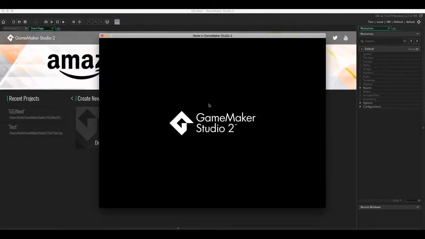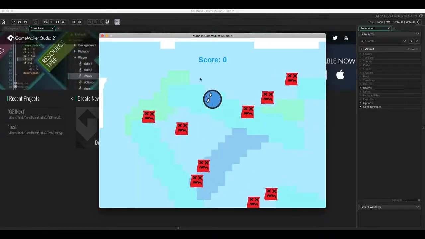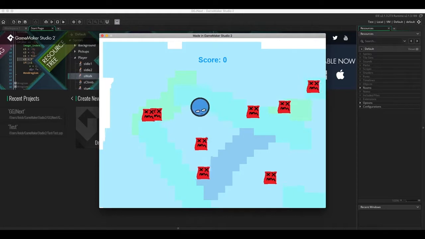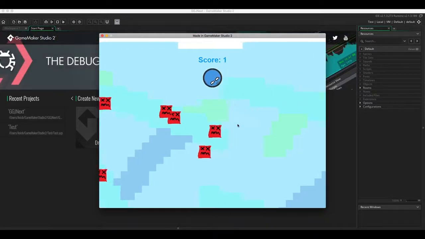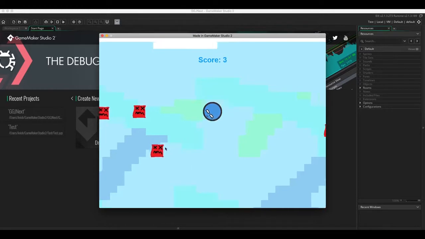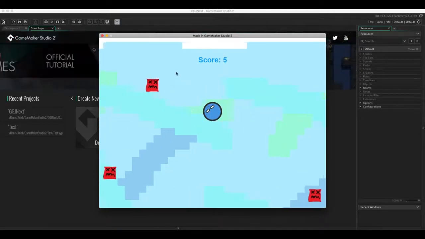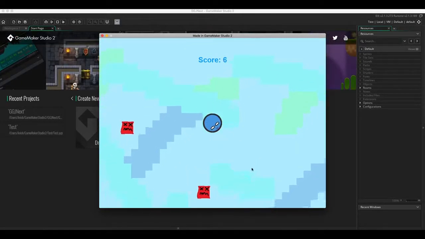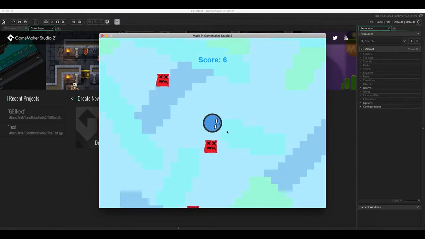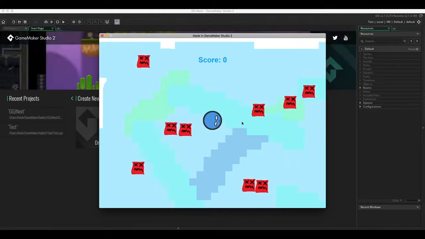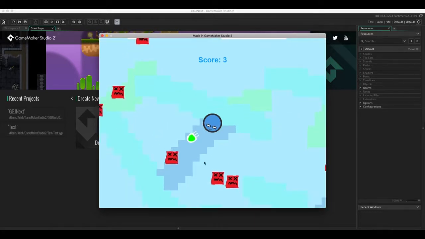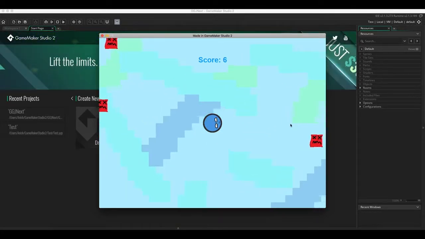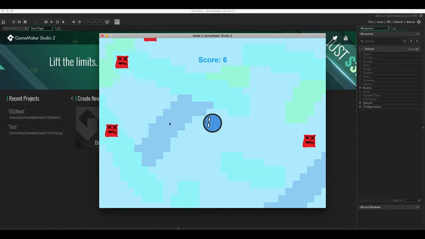And it is running. So this is a game that we'll be making where you control a player and you have to avoid these monsters and you can shoot them and you get points. So your score builds up, and if you accidentally hit one of these monsters, the game restarts. So to build this game, we're going to learn how to do that using drag and drop tools in